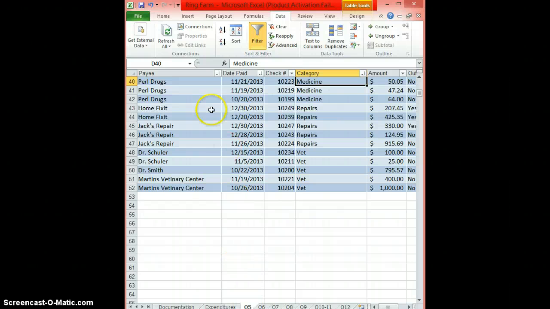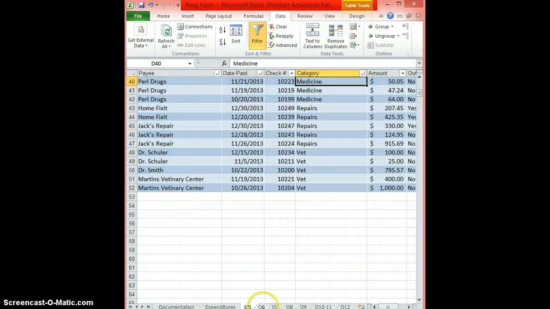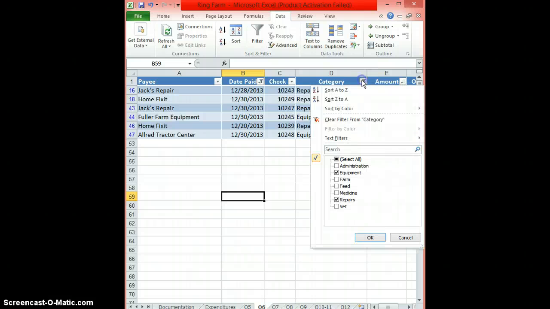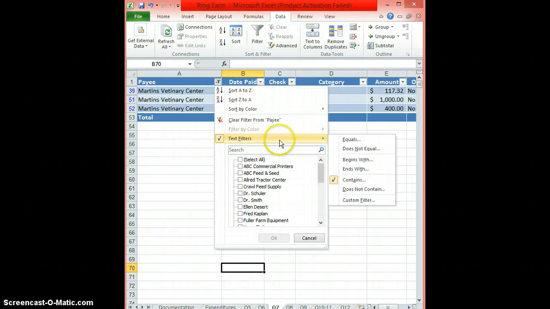And then in spreadsheet Q5, I sorted the checkbook table in ascending order by category, and then by pay, and then by the day paid. And in Q6, I filtered the date and a category. And in Q7, I used the text filters option